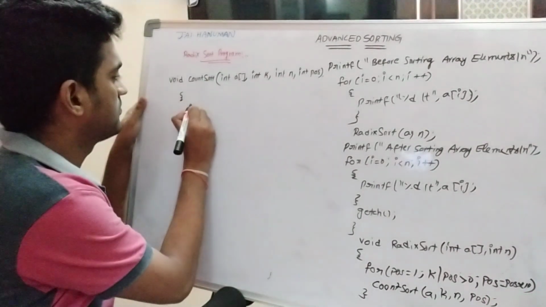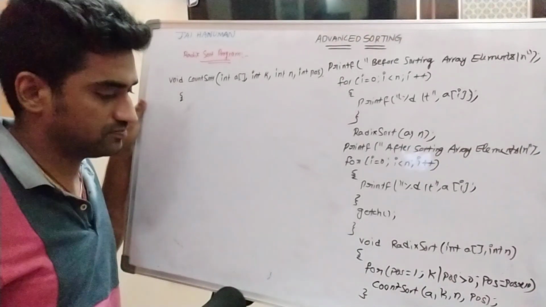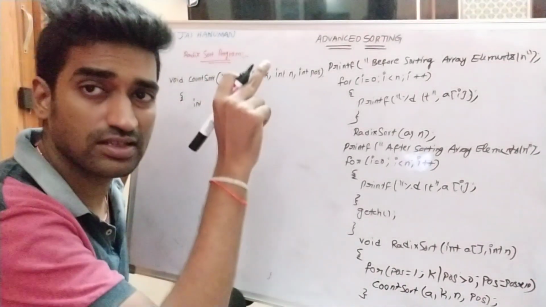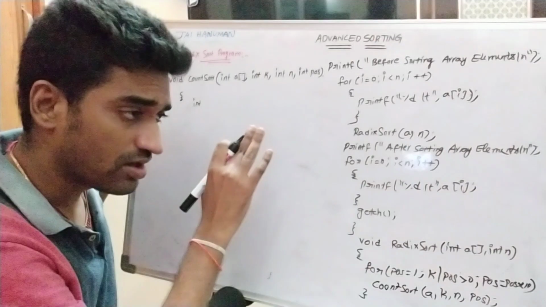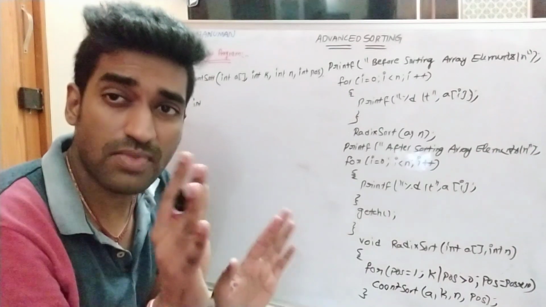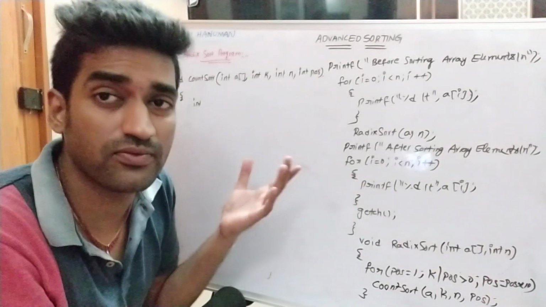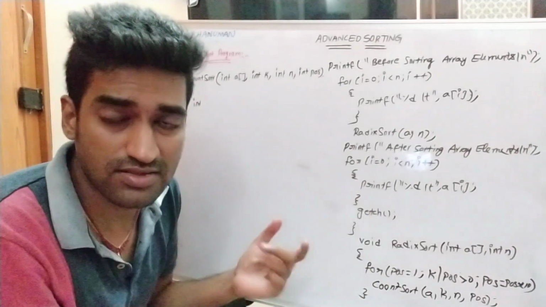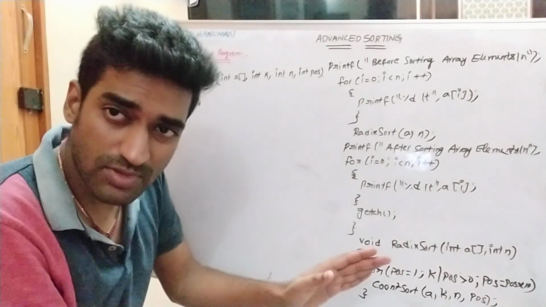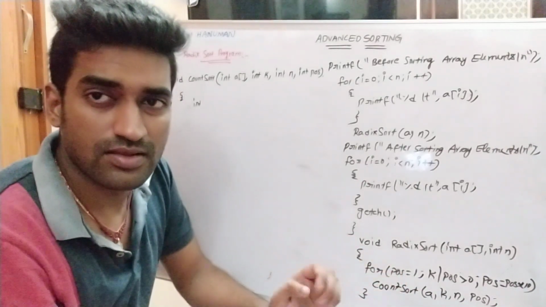So here, first of all, the count array is taken. The count array size is 100, and among those we are using 10 locations only. Why? Because for each and every digit position, the maximum value is 9. So for that purpose, the count array is initialized with 10 elements, right? Just use common sense. For each and every digit position, the maximum value is 9, the minimum value is 0, right?